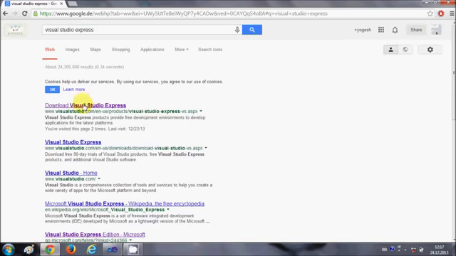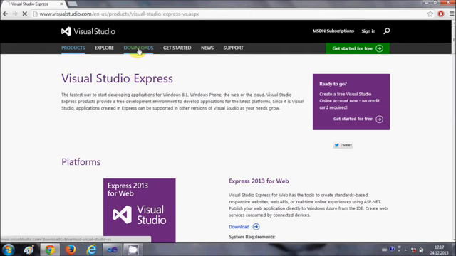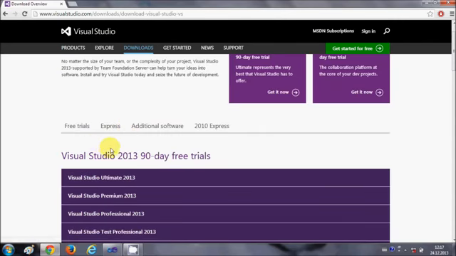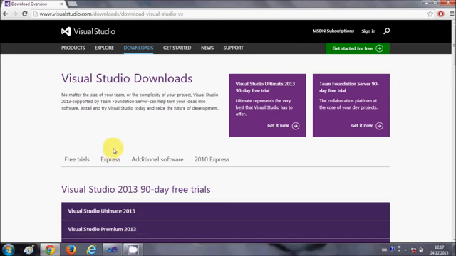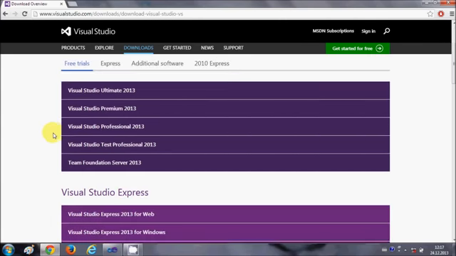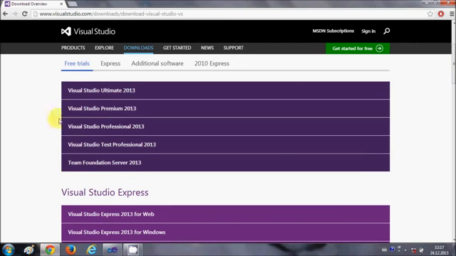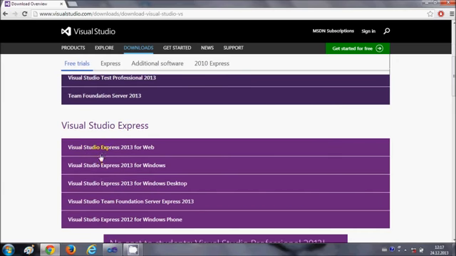Visual Studio in itself is a very expensive IDE, but it has an Express edition you can download and you can use it for free. So just go to your Visual Studio Express edition, and according to the latest version you can download Visual Studio Express.